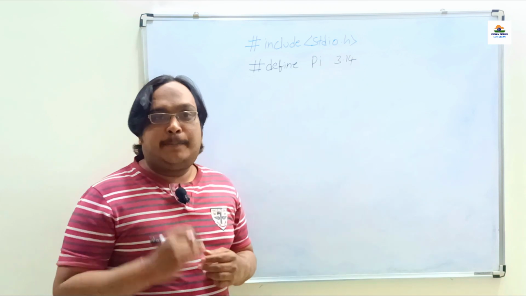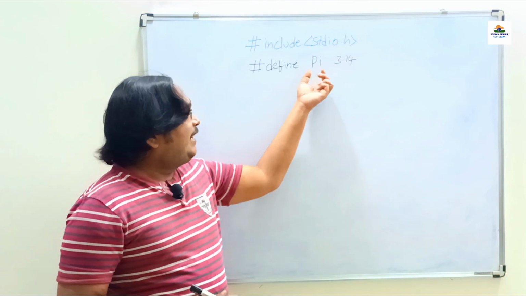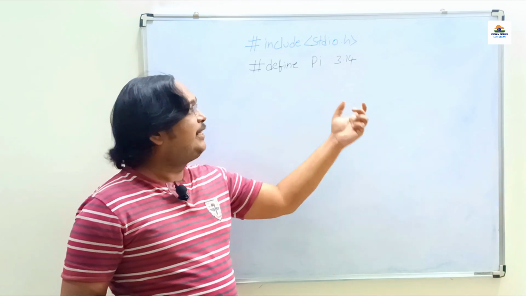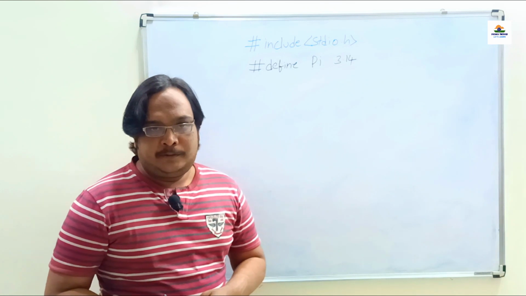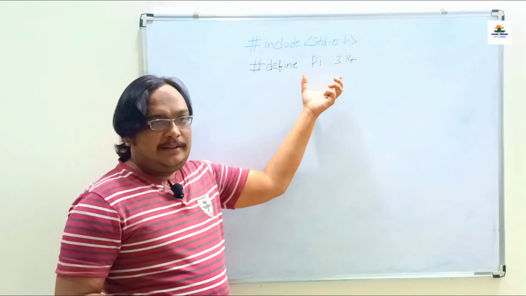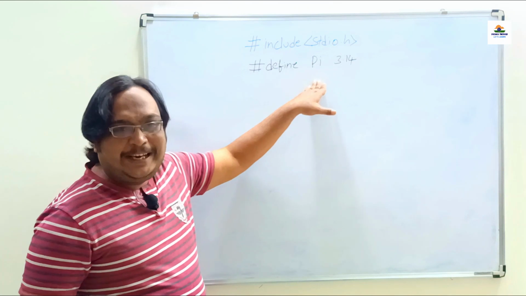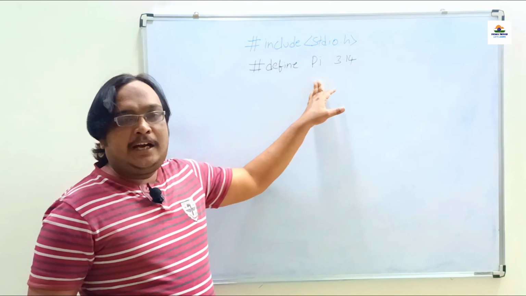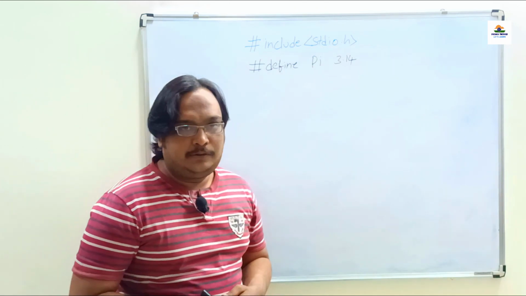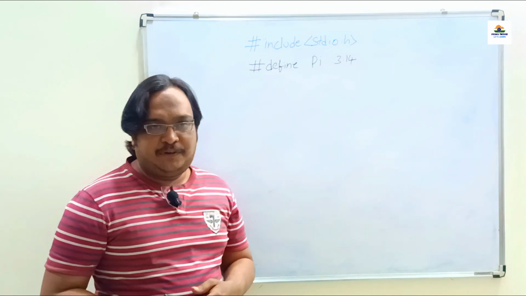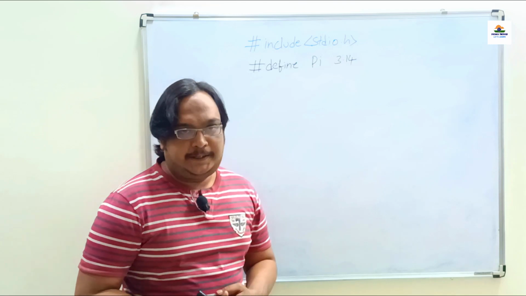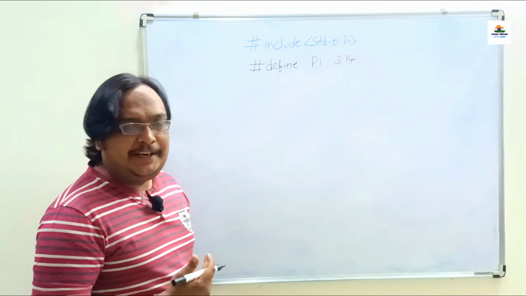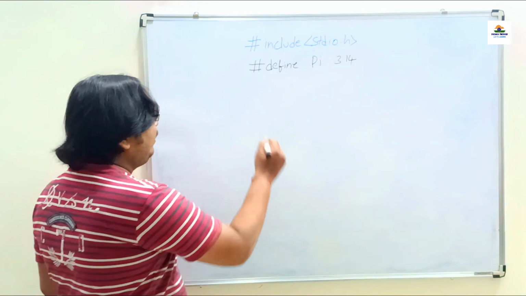What does the compiler actually do then? Wherever it identifies pi, it will be replaced with 3.14 and it calculates with 3.14. So whenever I keep it like this, throughout the program, this pi value cannot be changed. It cannot be taken as an input. It cannot even be printed. That is the advantage of #define, that is, you are defining a constant. As usual, we are not having any global declaration. Let us go for the main.